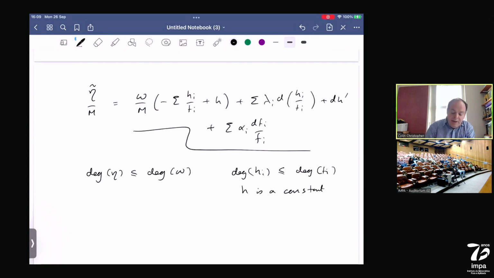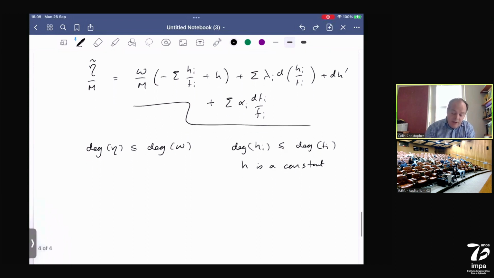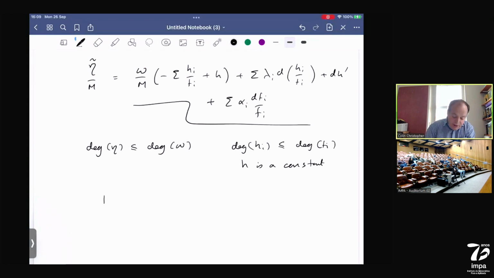It turns out that if h is a constant, then I can absorb it into this factor over here. So in fact, we can take this expression, we can remove the h, we can keep the degrees of these nicely bounded, and what we end up with is just the following